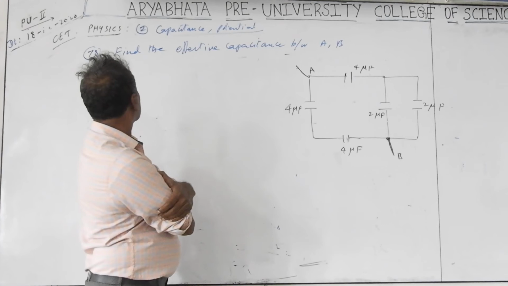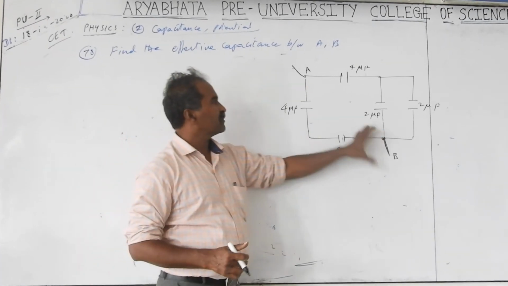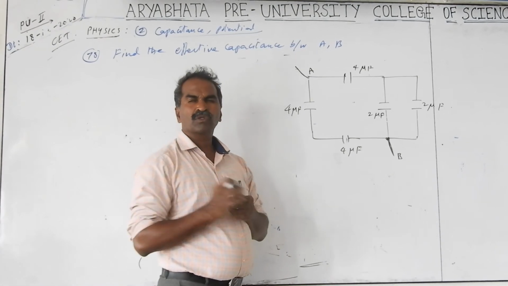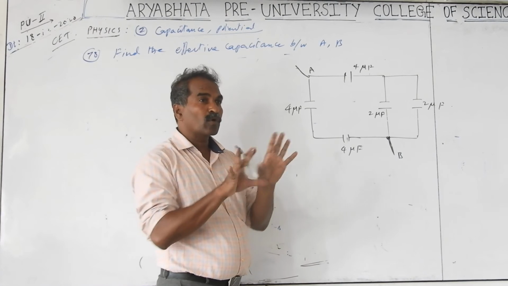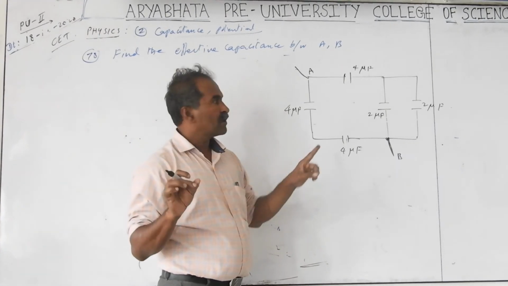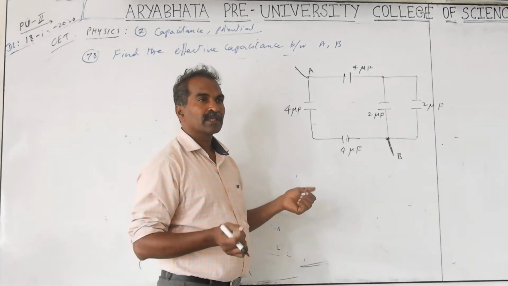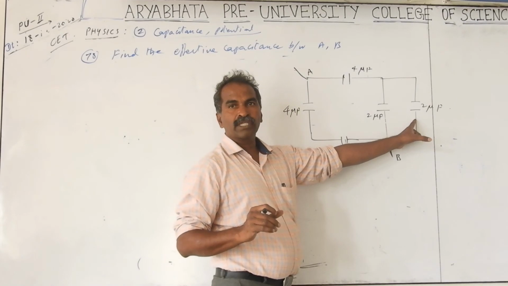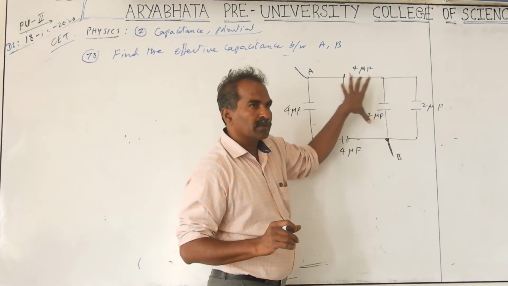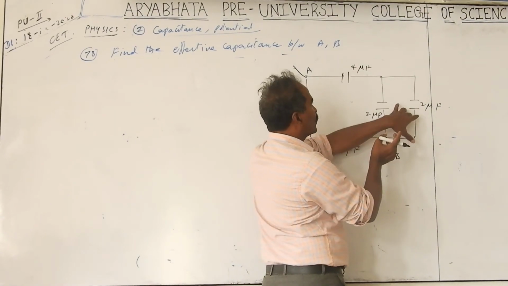See question number 78. You have to find the capacitance between the terminals A and B in the given circuit diagram. Most of the cases you will be given balanced bridges, but they don't draw the bridges plainly. You have to be careful and adjust that. Whatever lines we are taking are supposed to be connecting wires only, and they can be bent into any shape. You have to be careful here. So these two are coming parallel, 2 plus 2 is 4. Both terminals are connected here, side by side. This is 4. Series is 4.